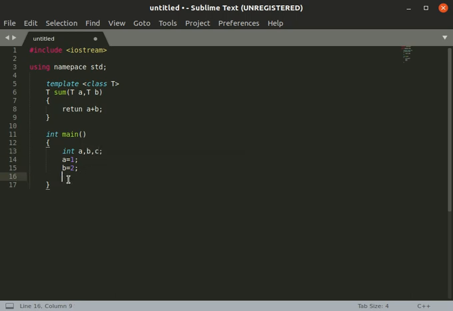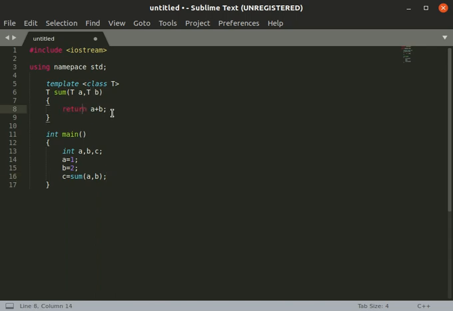And here c is equal to sum of a, b. Now this will send two integer numbers to this function.